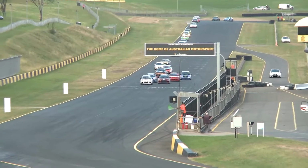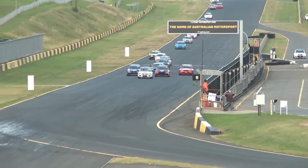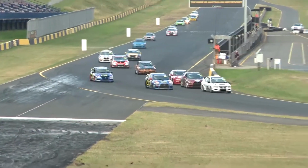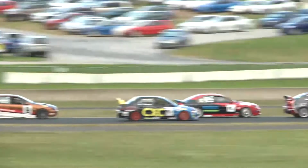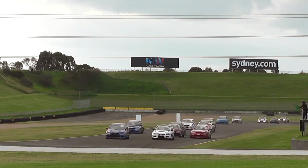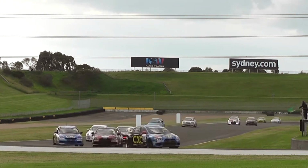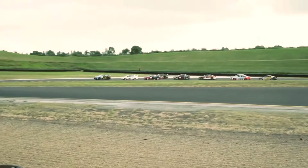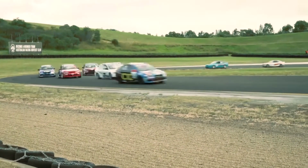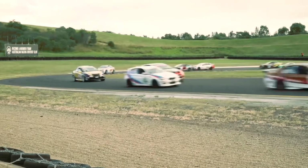Away we go. Great restart from Thompson. Better restart from Thomas, straight around the outside of Loyacono as they go through the first corner. Is Townsend looking to follow his teammate as well? He's right up there alongside Trevor Simmons right now. He's looking down on the inside of Paul Loyacono. Three wide going into turn 2, and Thomas goes straight around the outside of Thompson as well. So Thomas, from the rear at the start of race 2 to the front at the end of race 3,